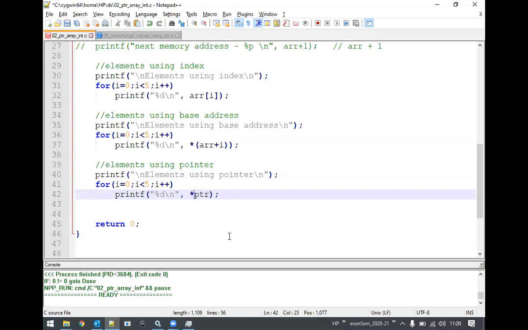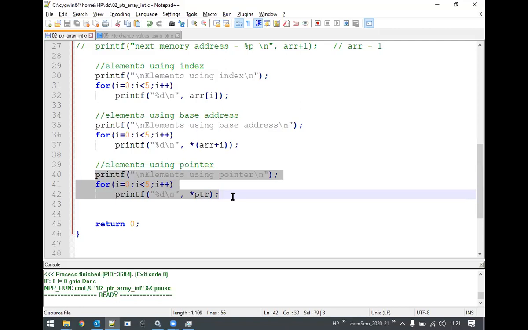Star PTR means the value located at this particular memory location. PTR is storing the base address, so it will go to that base address and retrieve whatever value is stored there. Now when I execute these lines, can you tell me what will be the output?